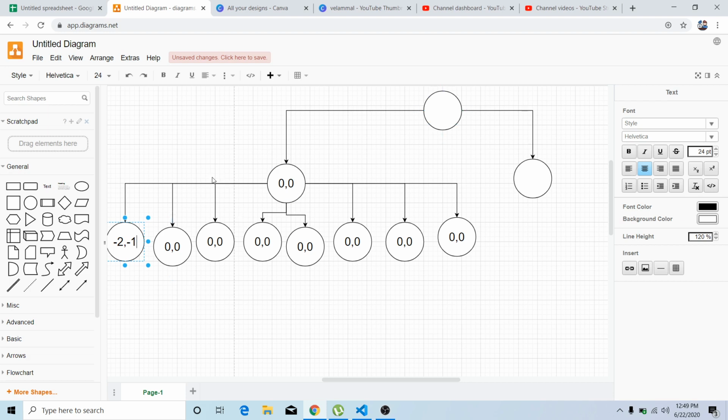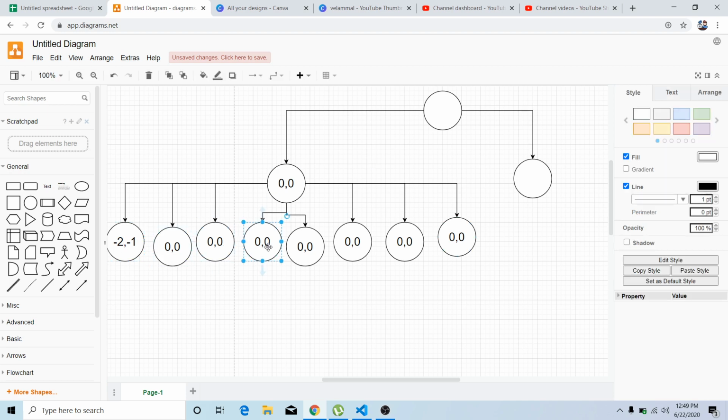First of all, you are going to have 16 starting points, for a 4 cross 4 matrix, and each of the 16 nodes is going to have 8 nodes. So 16 into 8 nodes will be there, and each of those 8 cells will have a further 8, and those cells will have a further 8. Each and every cell will have a further 8. This is how the structure of the state space tree is going to be.